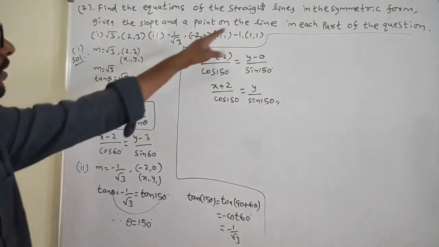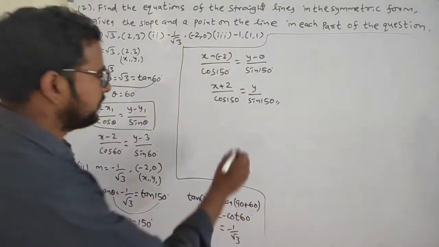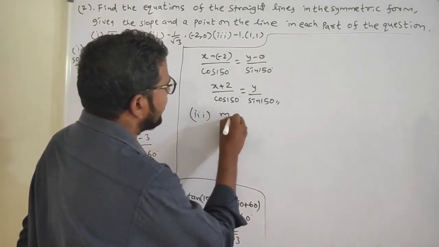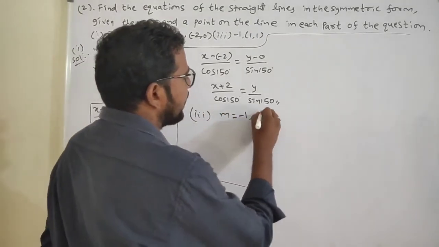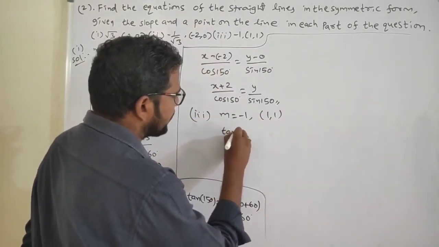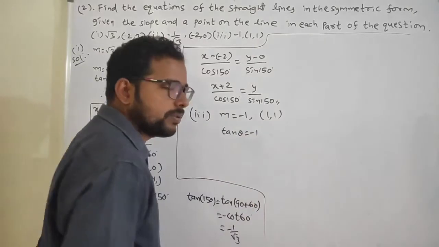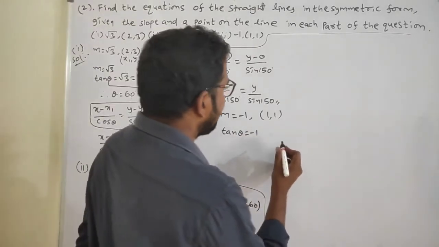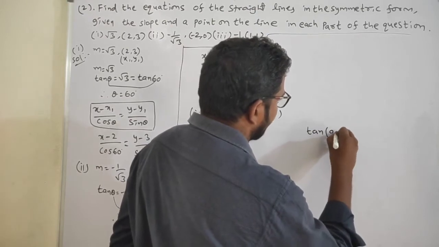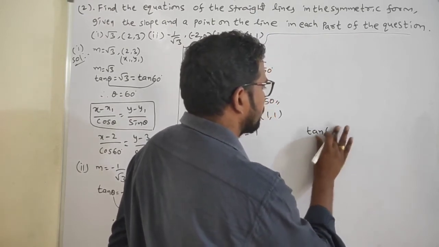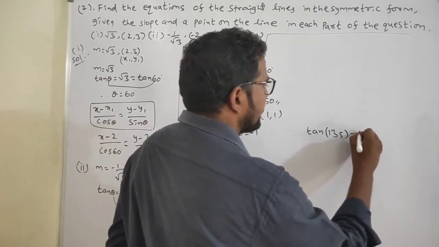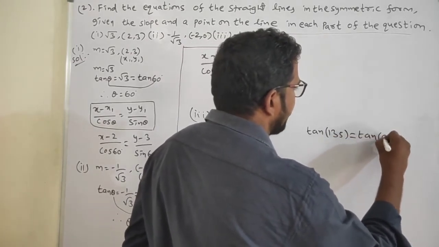Now third one, minus 1 given, 1 comma 1. Third one, m is equals to minus 1, slope is equals to minus 1, and point is 1 comma 1. So tan theta is equals to minus 1. So tan ఎంత వస్తుంది మనకి, tan 90 plus 45, tan 135 చెక్ చేసుకోండి, tan 135 అంటే ఇది ఎలా రాయొచ్చు మనం, tan 90 plus 45,